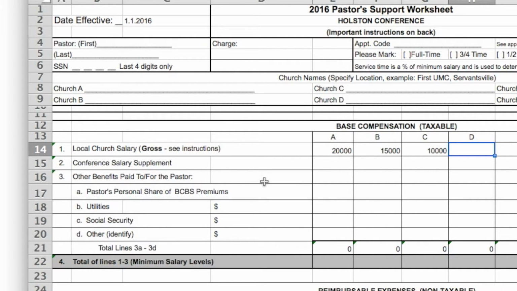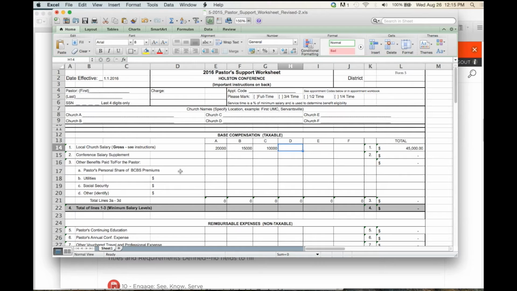line 3A. Now, I need to emphasize, this doesn't mean that you're taking that money out of their salary and sending it in on direct billing. This means that the charge is actually paying these amounts for the pastor as additional compensation. The same would be true if they are paying utilities, Social Security, or any other benefits that are being paid